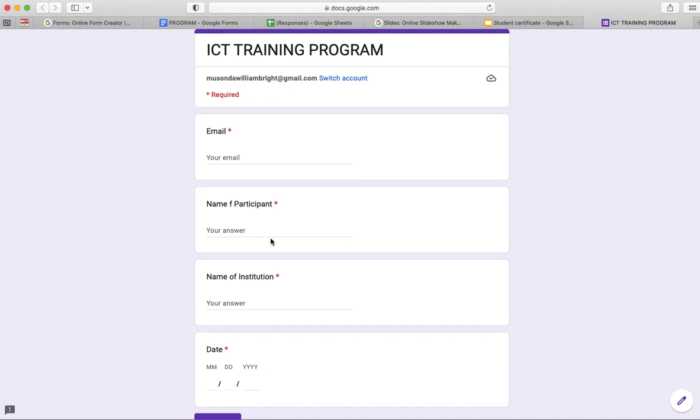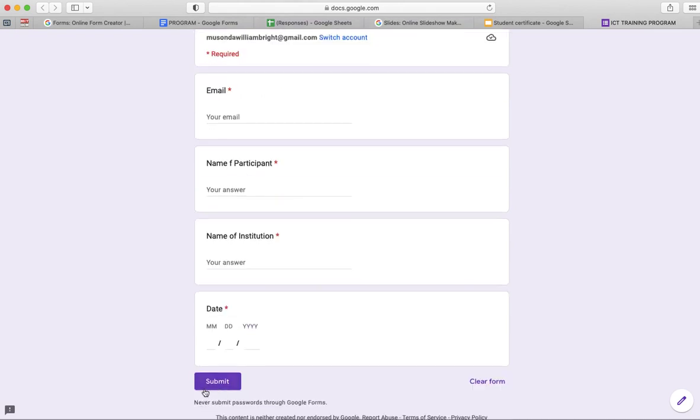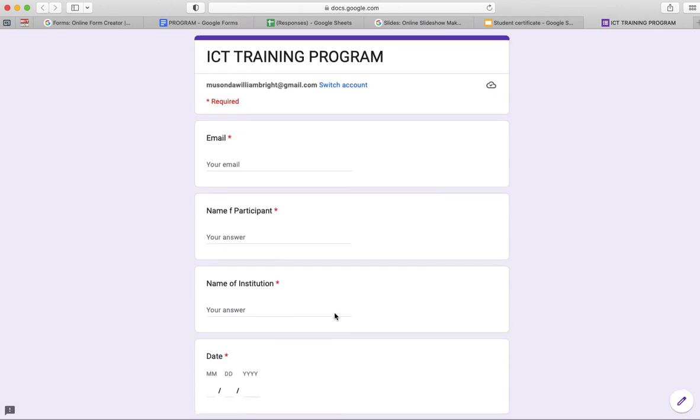Okay, so this is the form that participants will receive. So they will need to fill it in, and then after that, the moment they submit it, it will go automatically to their emails. The certificates will be generated to their emails as soon as they are done. So here you write the email address. As a participant, I'll write my email address here, and then I'll write my names. These are the names I want to appear on my